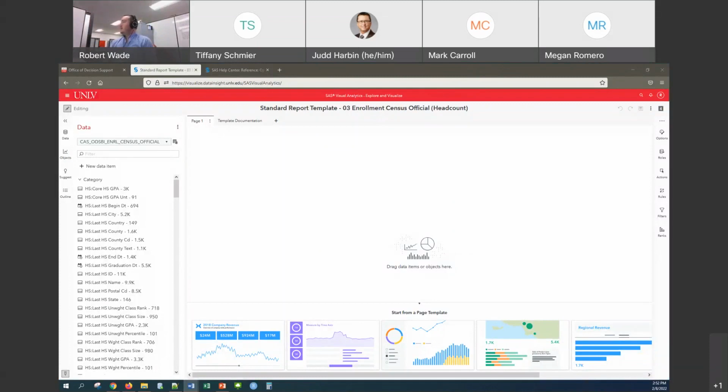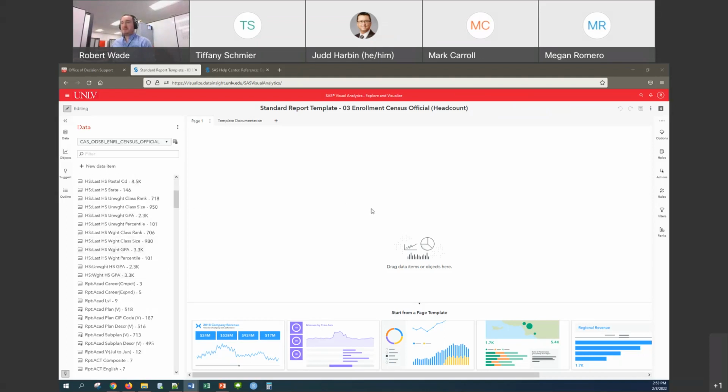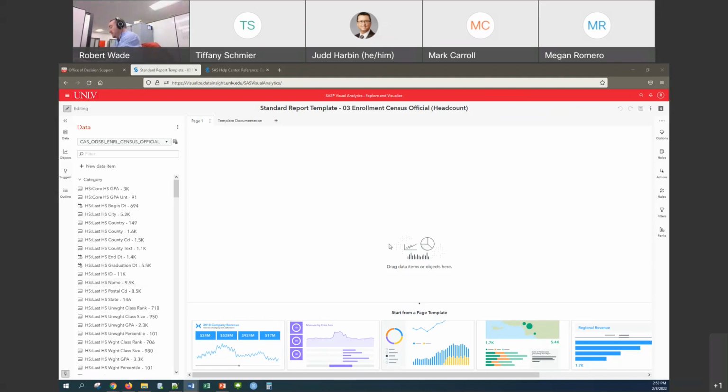Okay. Now it's time to actually build stuff and visualize stuff. I know all this stuff has been theoretical because the data is loaded, but we don't see the data, and it can be frustrating. But now we're actually going to start building this stuff out. So to do that,